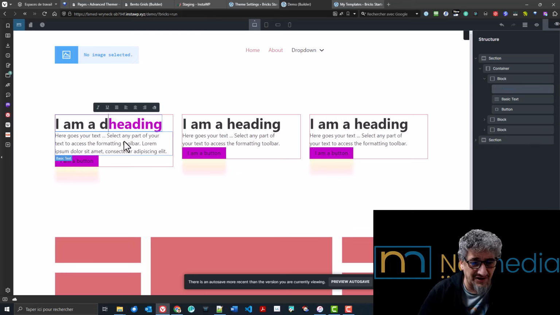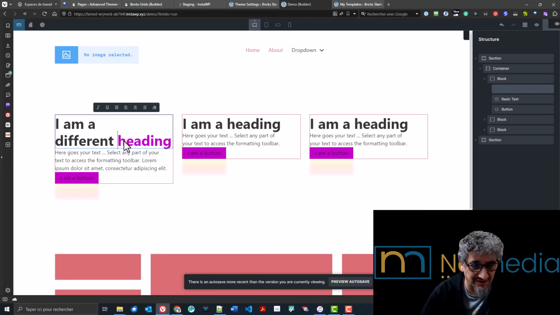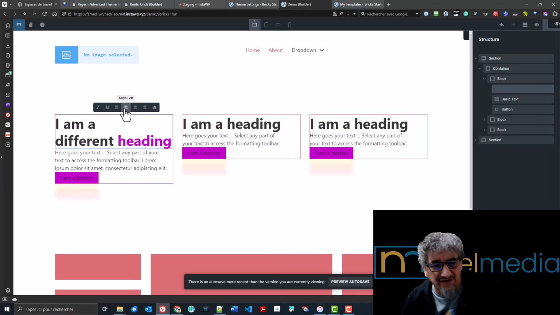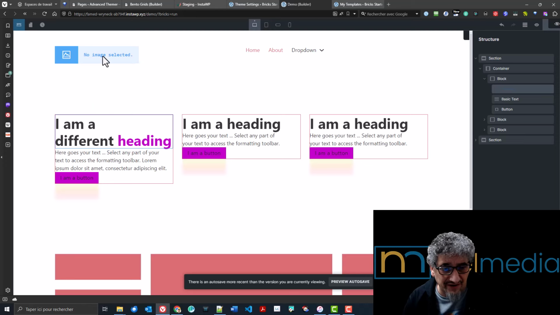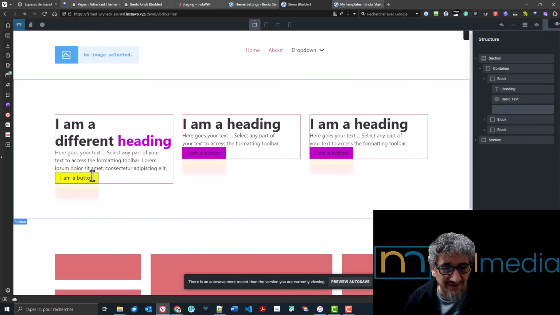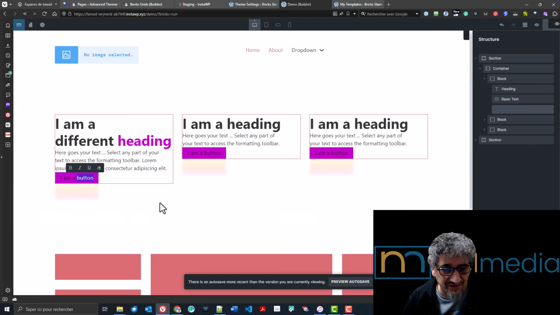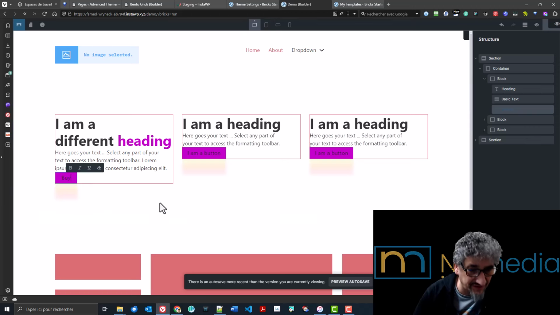Video, same thing. Of course, we can toggle a lot of things if we want to. We decide, we have the control. Now, as you can see, image, I might want to open the image panel, but there's way too many things. I don't want the user to be able to remove the figure tag, for example. I don't want the user to show the caption or maybe add a link, things like that. I don't want the user to be able to have access to all the things in the panel for the